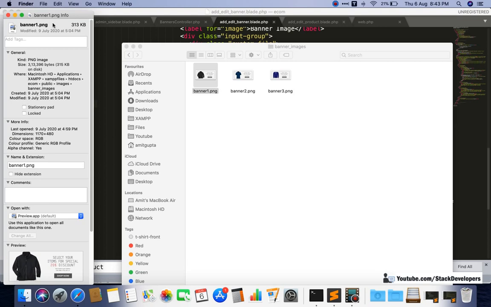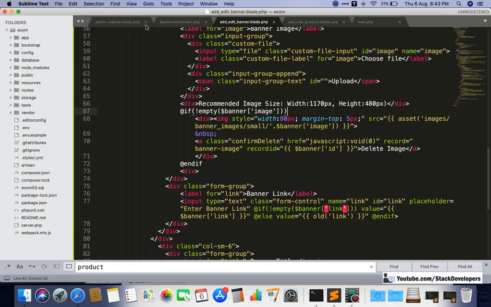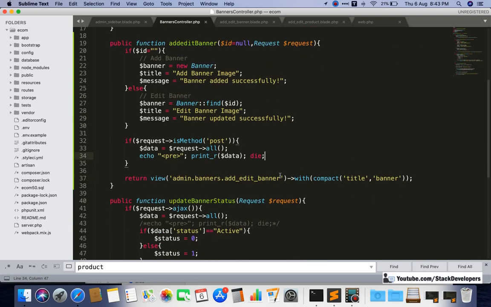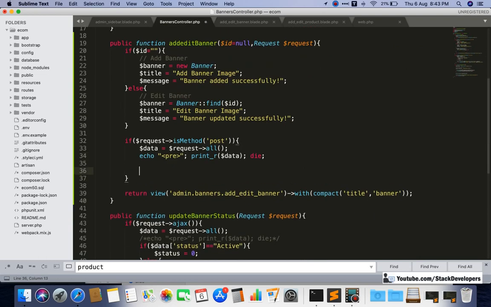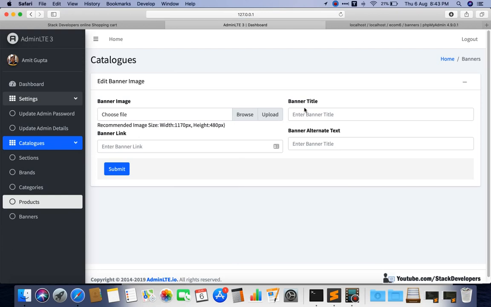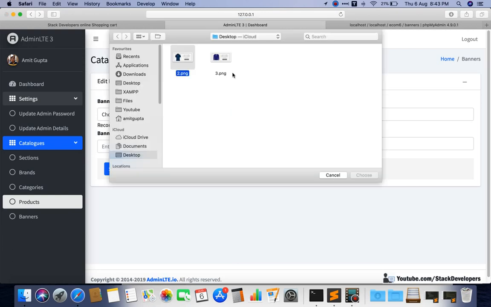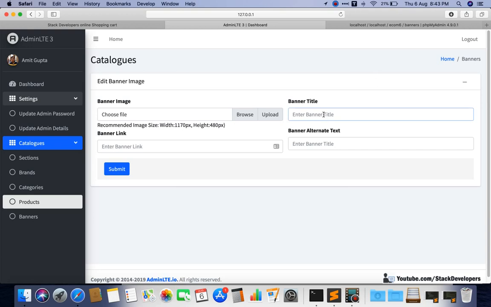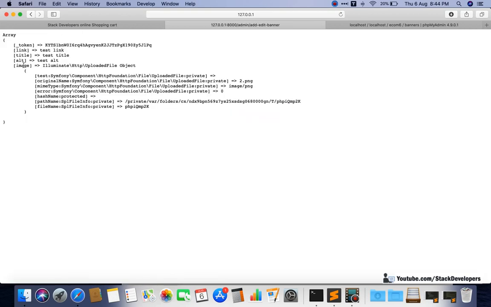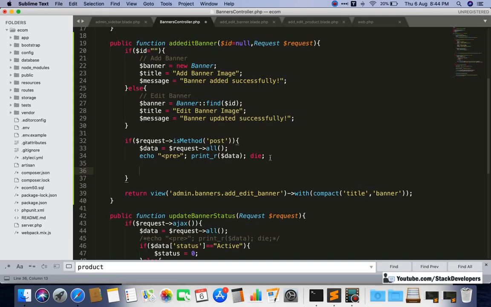And you can check once again. Okay, that is fine. The same size we require to post here. Here we can see that a few things will come up. I will try to add one more banner here: I just copy one of the banners, and for the title I can give test title, test alt, and test link. Okay, I will just give like this. And here I'm going to check the data: see, data is coming up here, link, title, alt, and image.